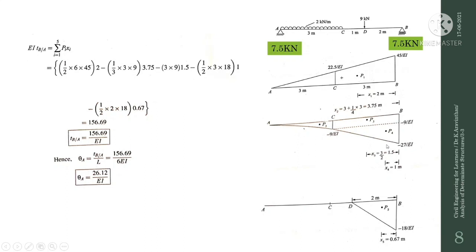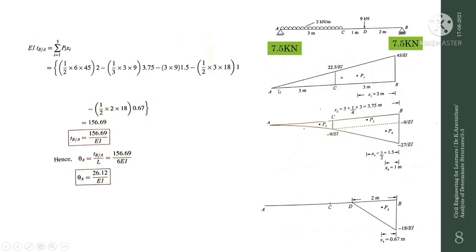For this triangle, the base is 3 meter here, so 1/3 into 3 will be 1 meter. And for this rectangle, it is B by 2. The base is 3, and 3 by 2 will be 1.5. And for this section, since it is a parabola, it will be 1/4 of the distance 3. So 1/4 of 3 plus the distance, which is 3 meter here, so 1/4 of 3 plus 3 is 3.75. Okay, we have found out the area and the centroid.